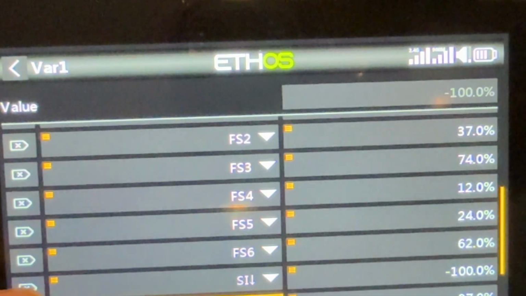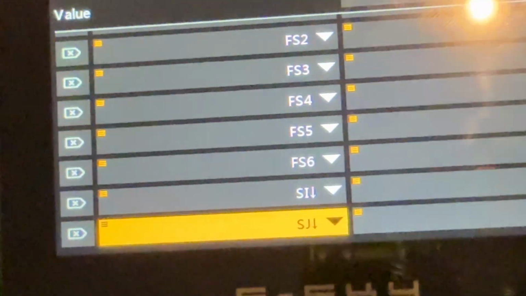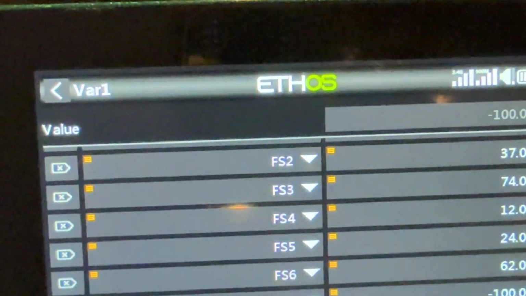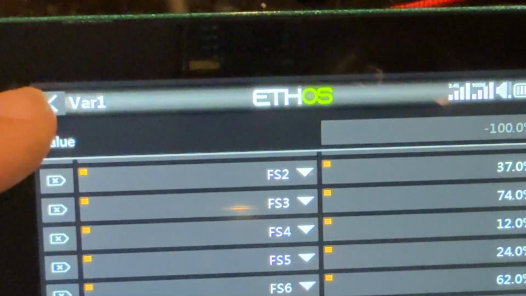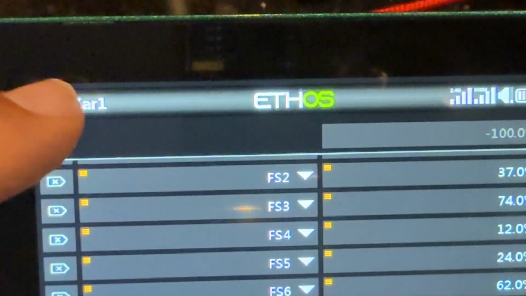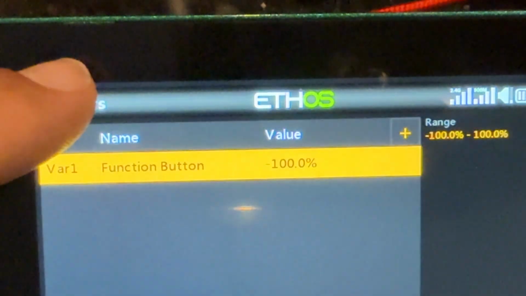So I've got the back buttons SI down and SJ down. These are the ones in the back of the transmitter. I was playing around with using those. I haven't figured out exactly how to do that yet. I might have to create another mix. But either way,